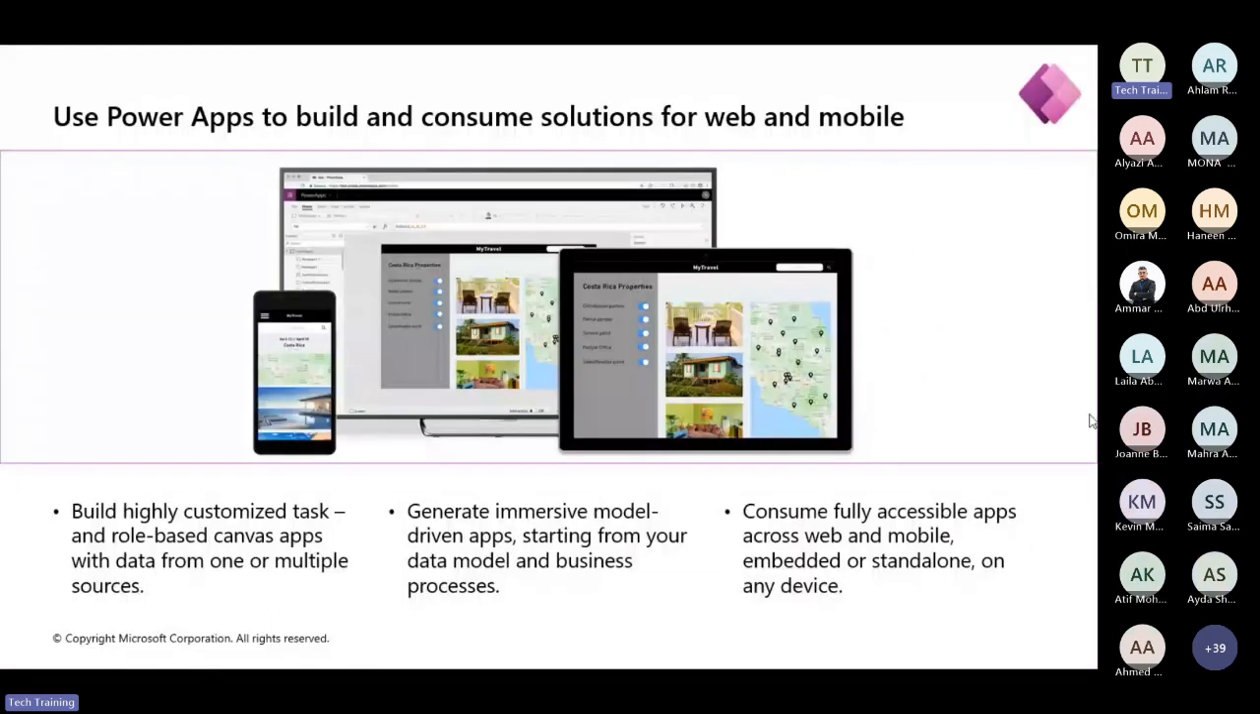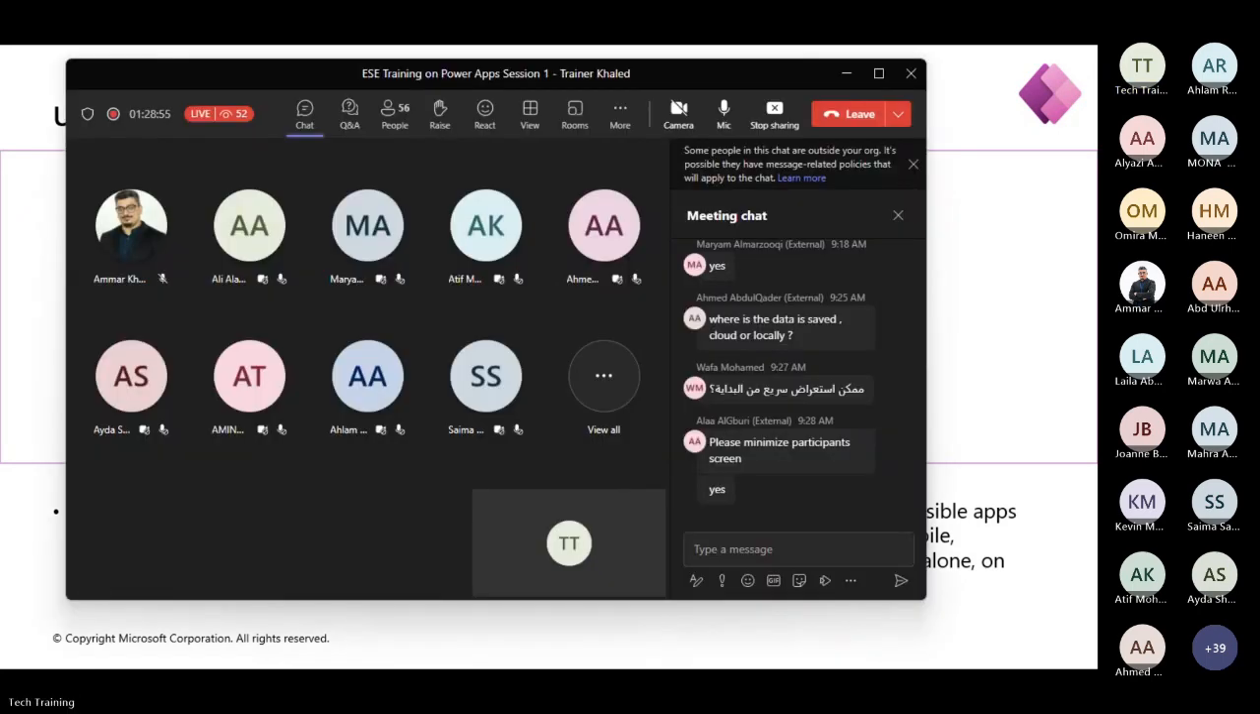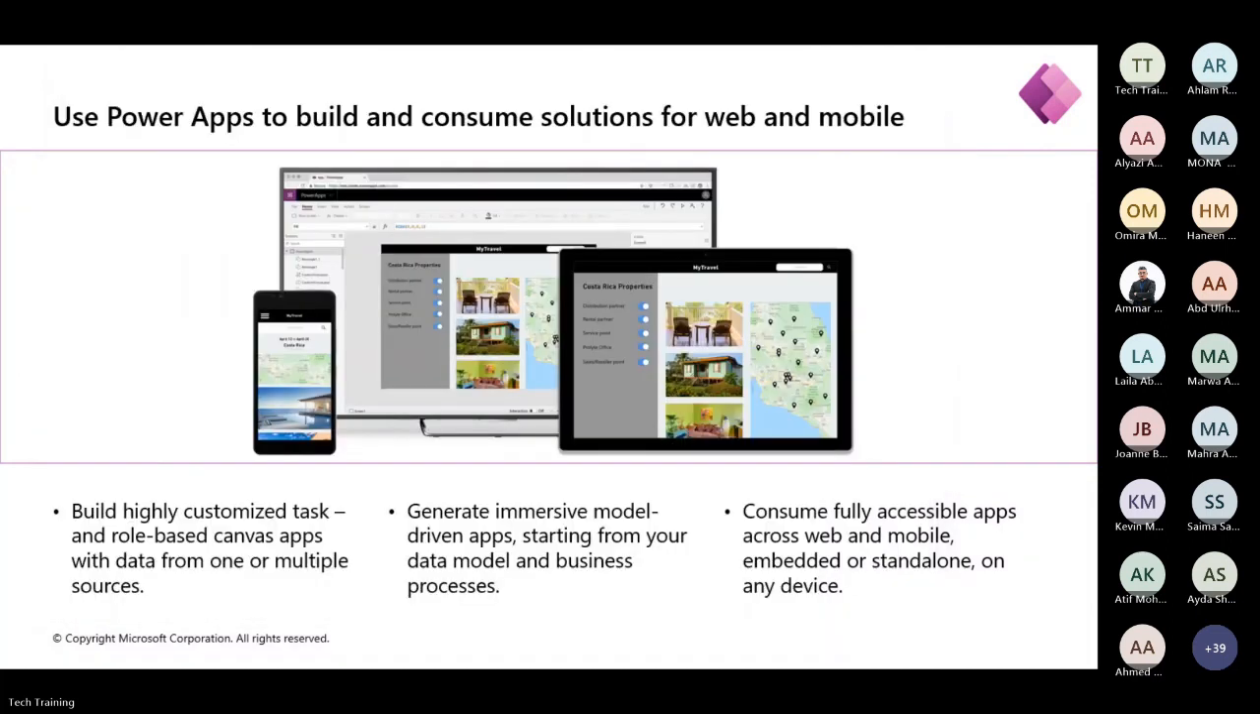Now, again, with the presentation. You can't see the presentation. Okay, so